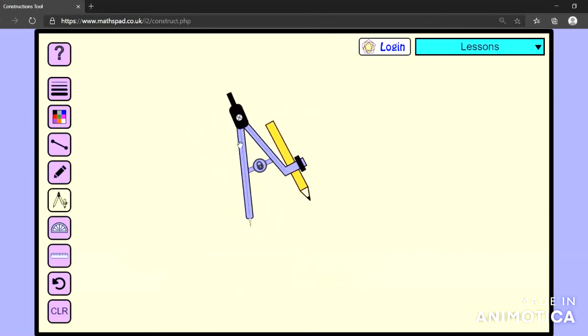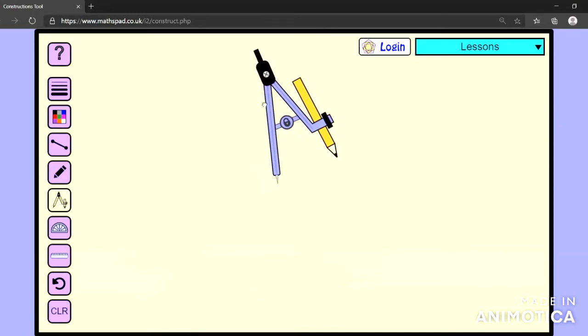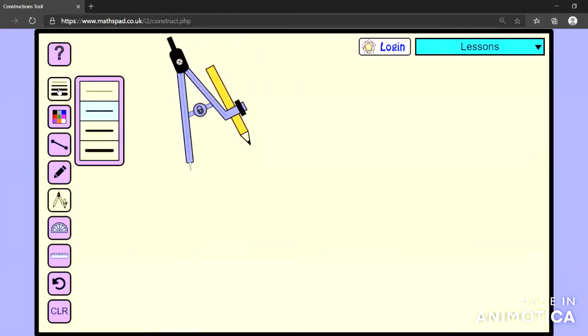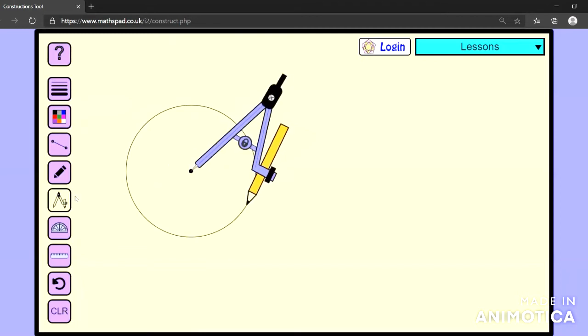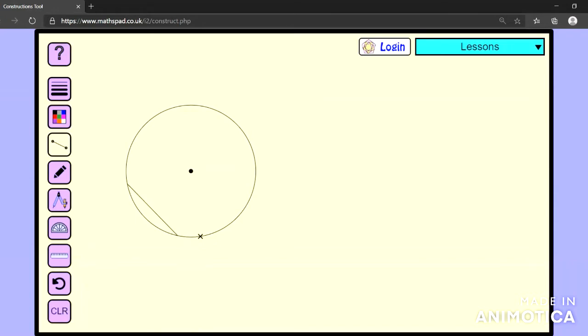Right here I'm drawing a circle, but in this case the center is visible. We will assume that we do not have the center of the circle that we are drawing. So the first step will be to obtain the center of a circle for which the center as such is not marked. So the first step will be to draw two non-parallel chords for that circle. So here I've drawn two non-parallel chords.